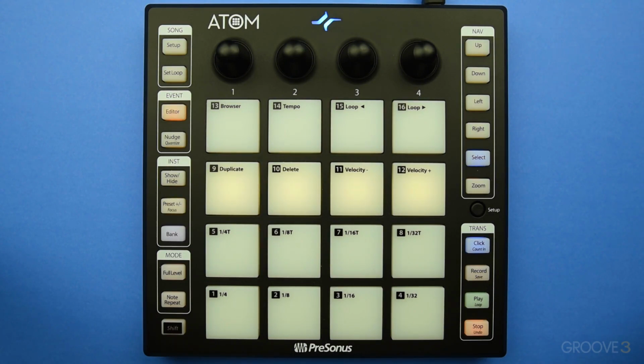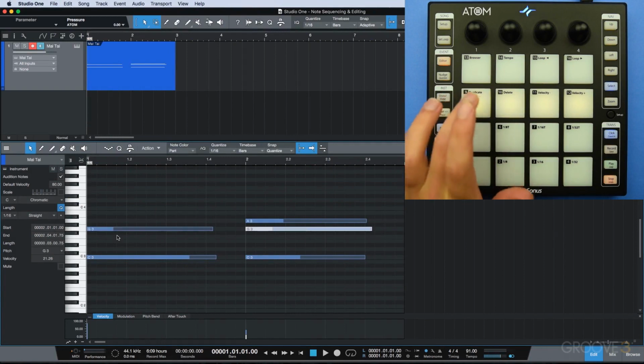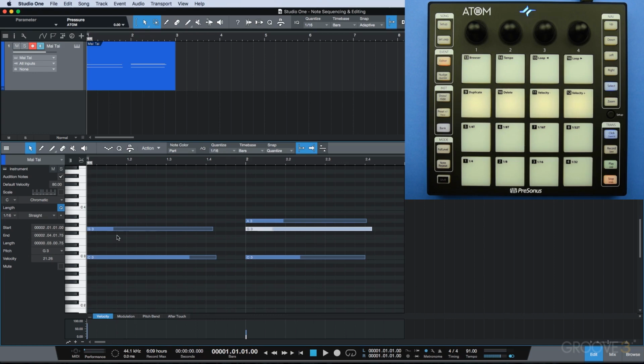The first pad, pad 9, duplicates the selected note or groups of notes. So down in the sequencer, I have the G note selected, and then what I can do is just press duplicate, and then it's going to duplicate that note and move it over to the next section. And then if I wanted to move that note up to another note, let's say for example a C note, I can just press the up button,